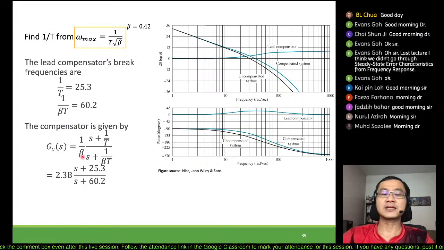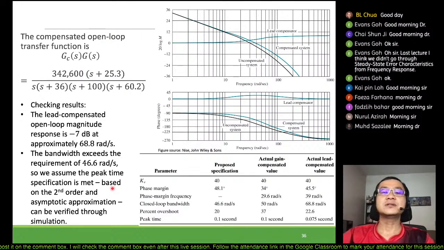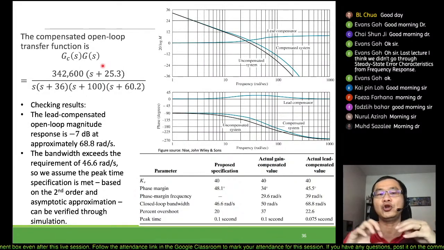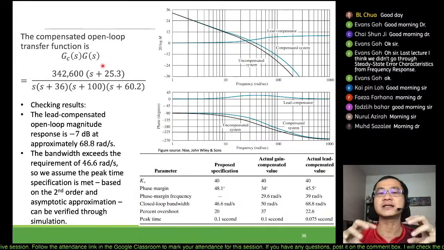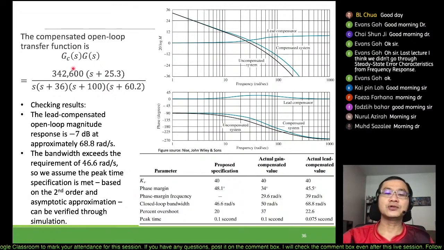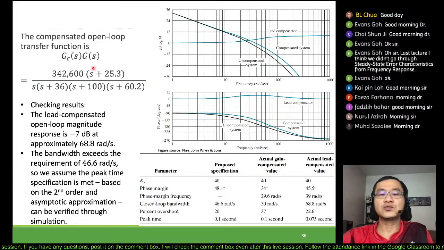which is 1 over beta s plus 1 over t divided by s plus 1 over beta t, right? So this is the values, right? So you just put it in, then you get the transfer functions, okay, for your lead compensator. Okay, so once you get the lead compensator, you just multiply them, right? Because we are assuming a cascade open loop of compensations, right? So you just have to multiply them all together to simplify into a single transfer functions, which is given by